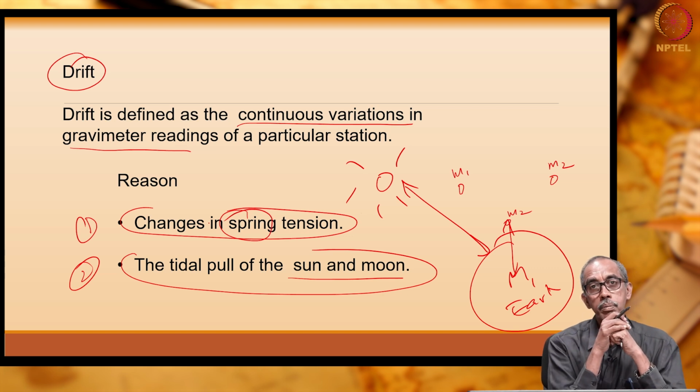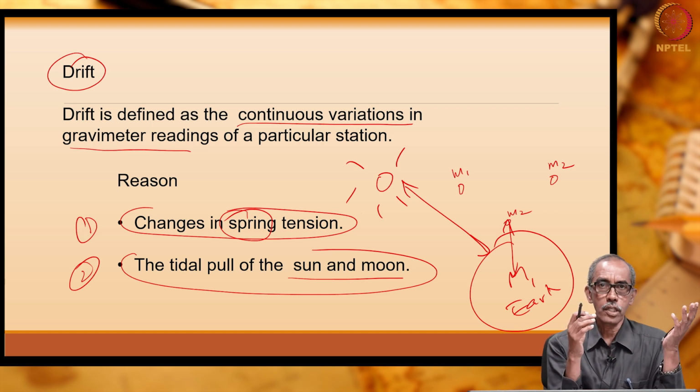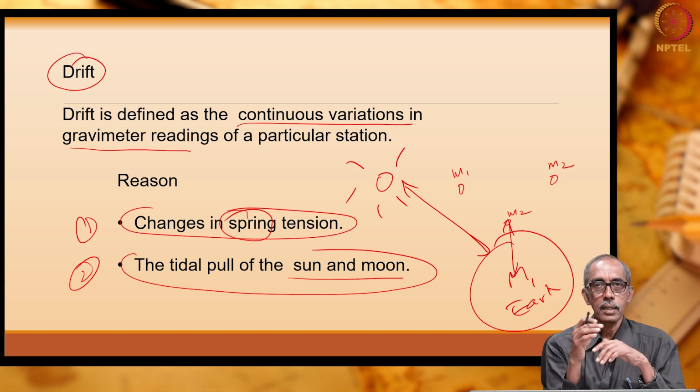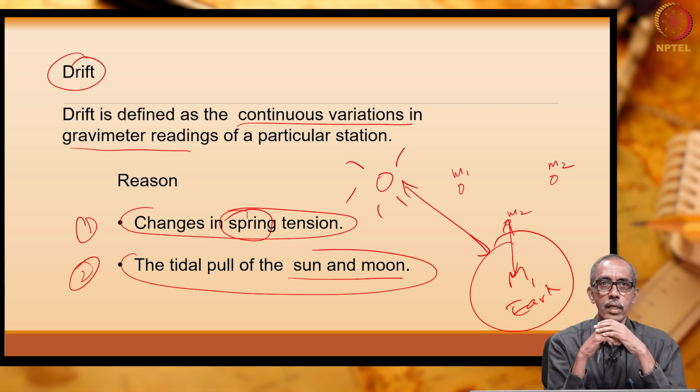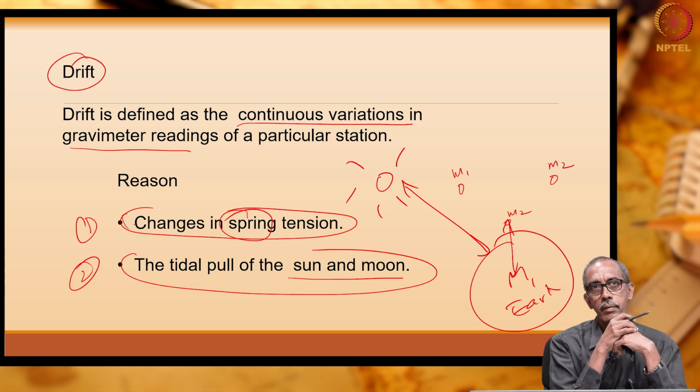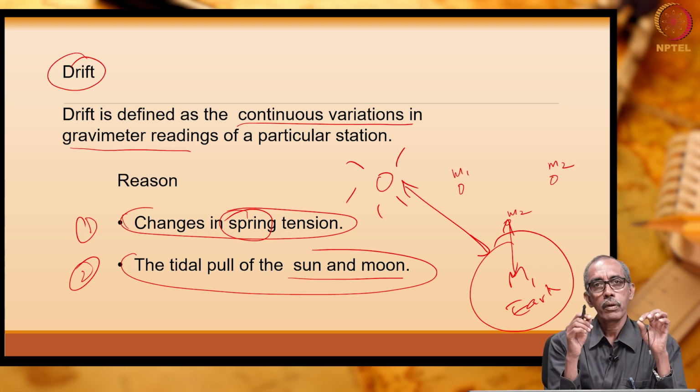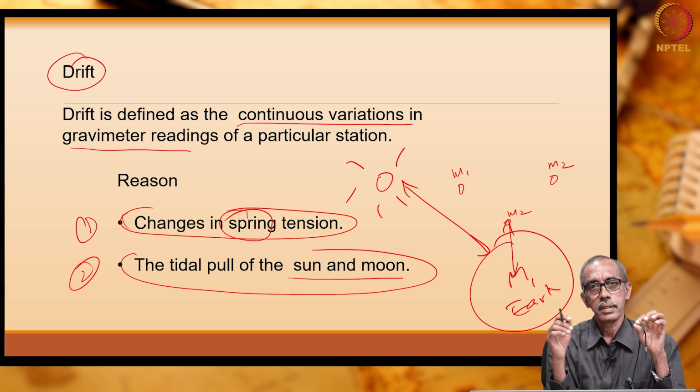type gravimeters. Most of the gravimeters which we use are spring based, that is unstable or stable gravimeters. Weight dropping is not dependent on spring, whereas all the other gravimeters are spring based. So, minor change in the length of the spring due to the atmospheric temperature variation will cause the readings to change. So, if you leave your gravimeter at the same station throughout the day, the values will change.